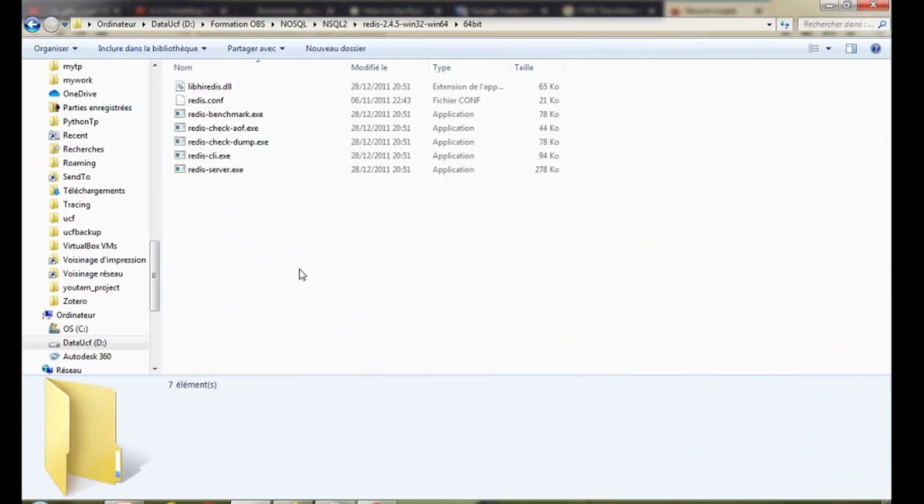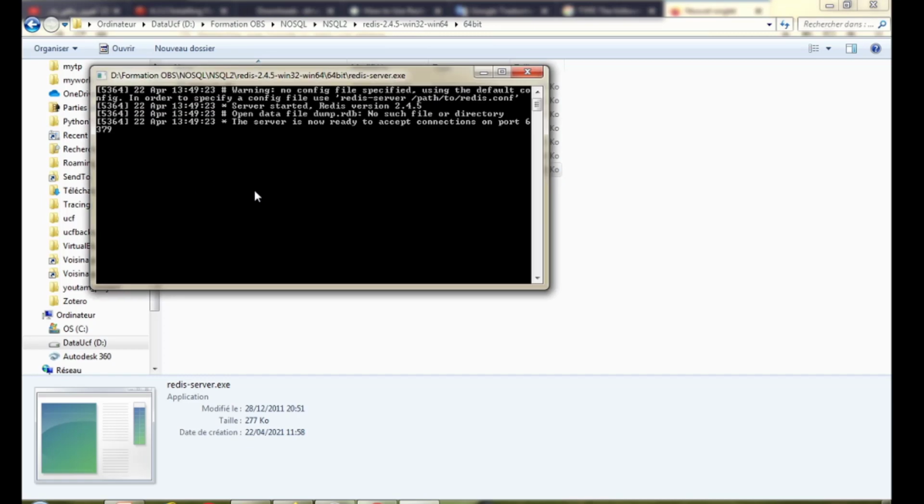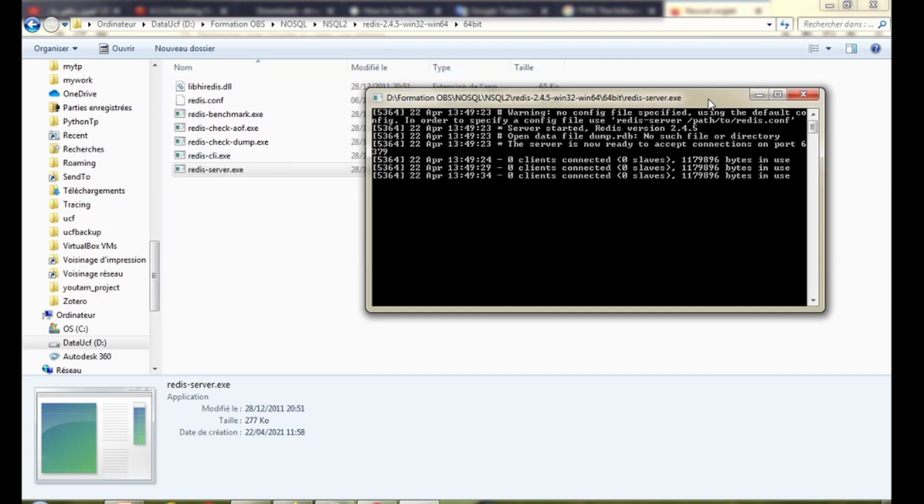Now, to start the Redis server, we click this program, redis-server.exe. So I click here to start the server. This server is now ready to accept connections on port 6379. And now I also start the CLI, Redis CLI.